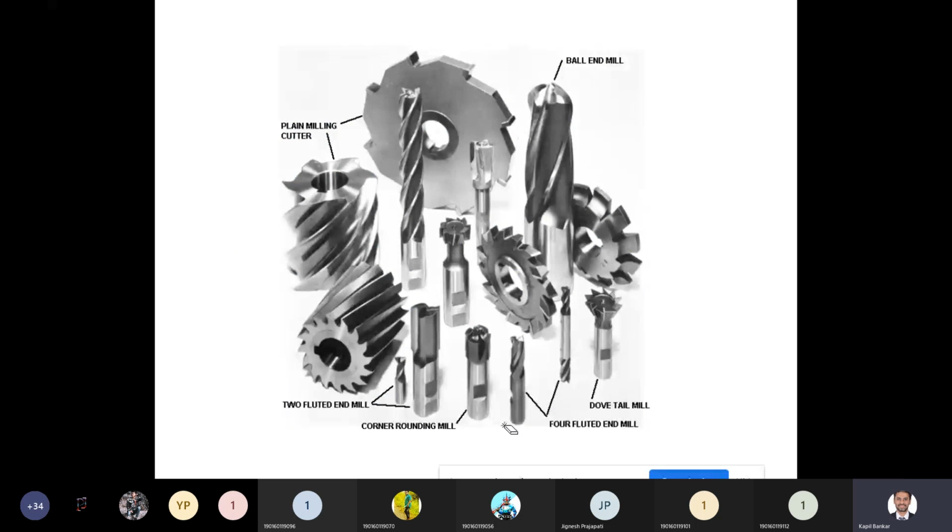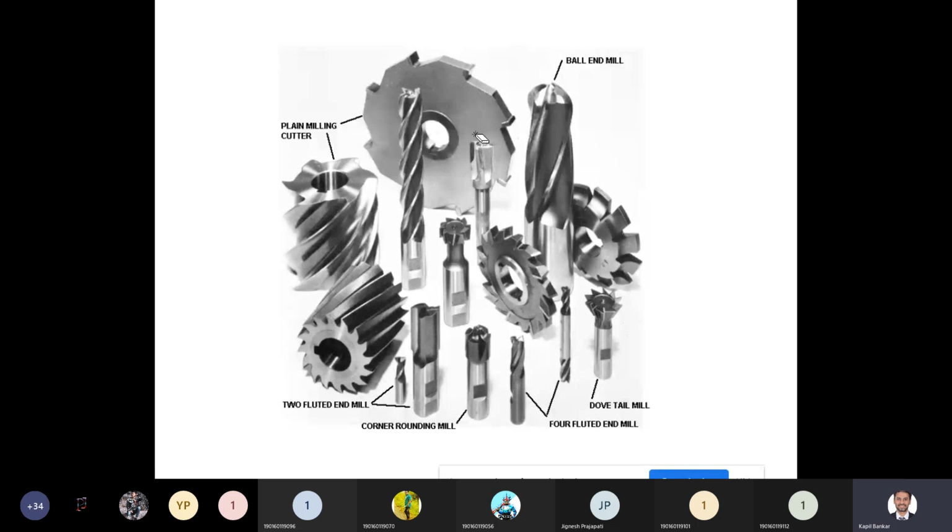As I told you, end milling cutter is there. So this is a pen type. See, this is an end cutter. This is called dovetail mill cutter, and this is end mill. Okay, this is both side end mill cutter, and this is the four fluted end cutter. Means there are four flutes like this here. So this is the milling cutter, but end milling. So end milling looks like a resemblance with your pen,